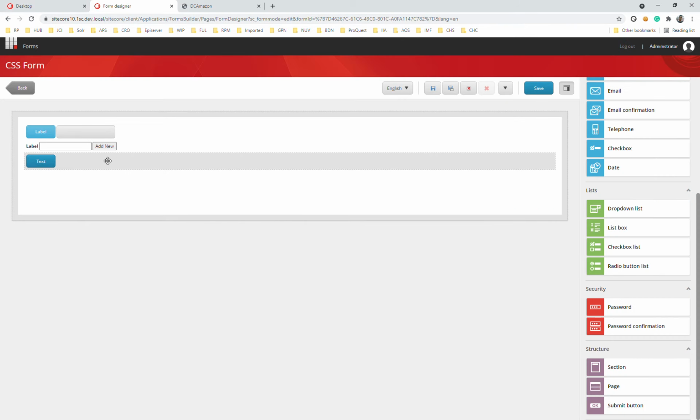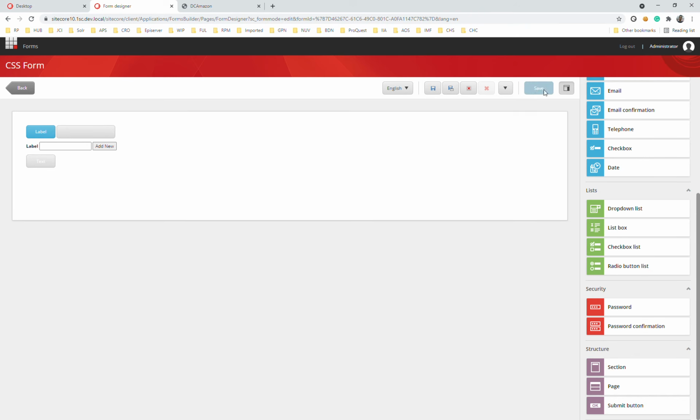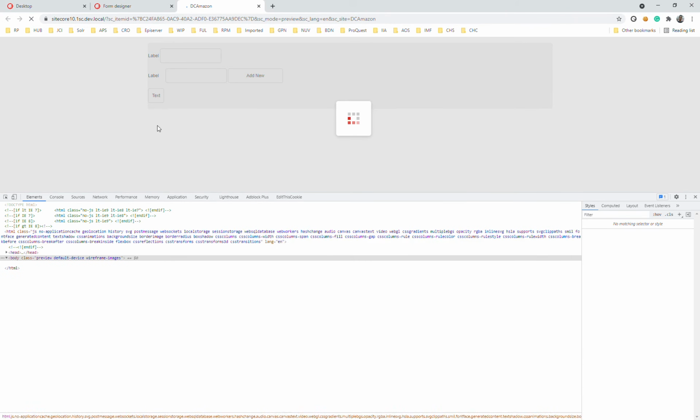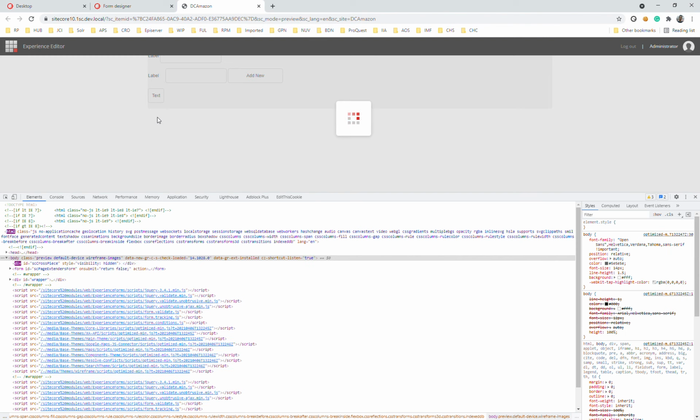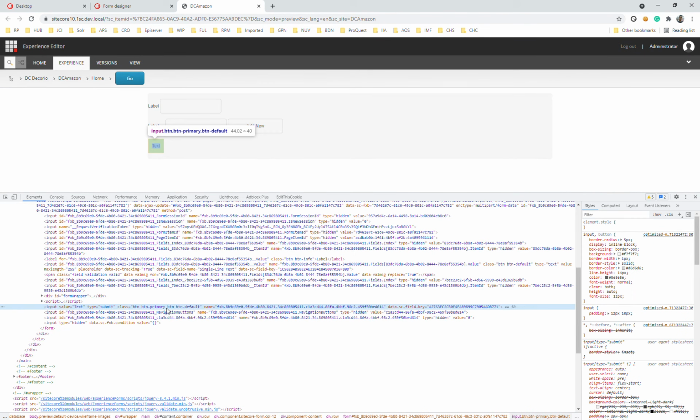For example, now I want to add a default class along with the btn-primary. I have typed A because default contains the A. So I have added the default class. Let me apply and save that. Along with the btn-primary, it should also show the default class. Let me refresh that. Okay, now I'm inspecting this element, and you can see that btn btn-primary and btn btn-default are added on the page.